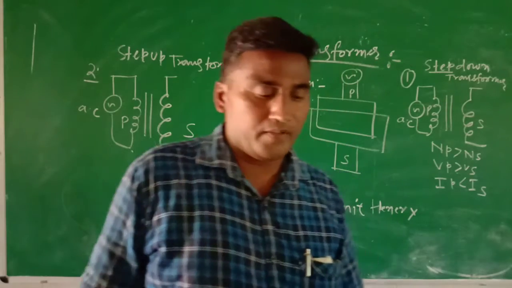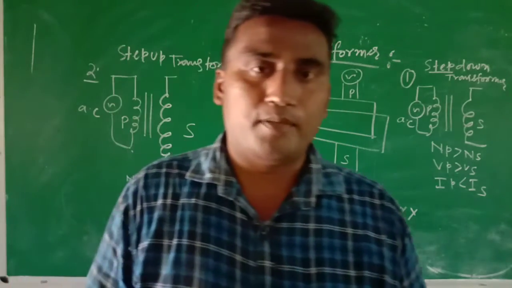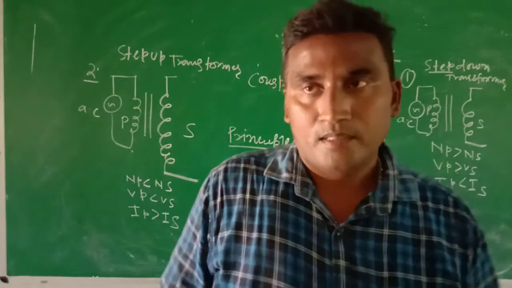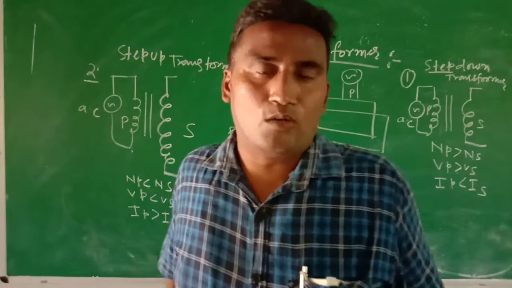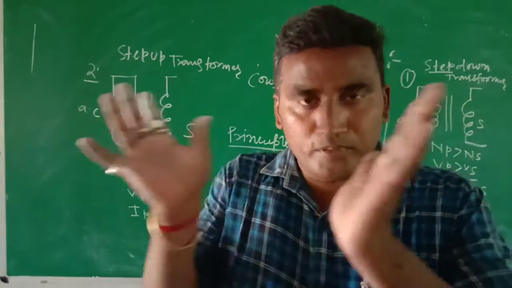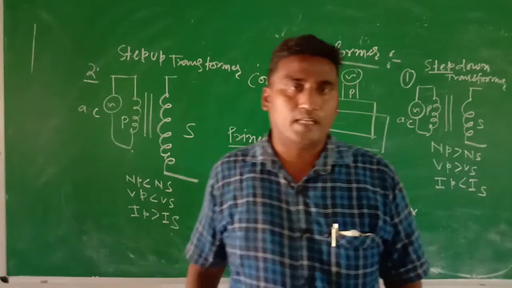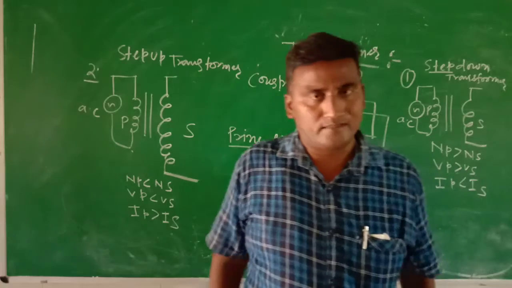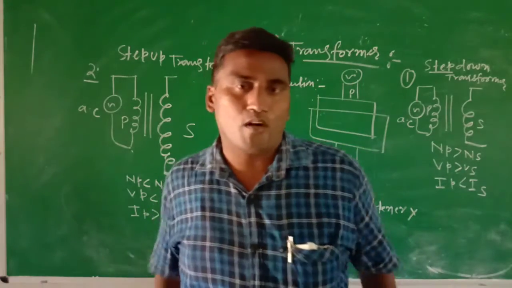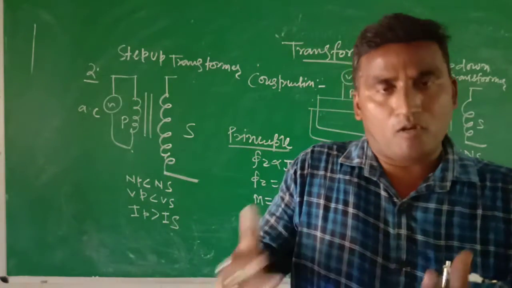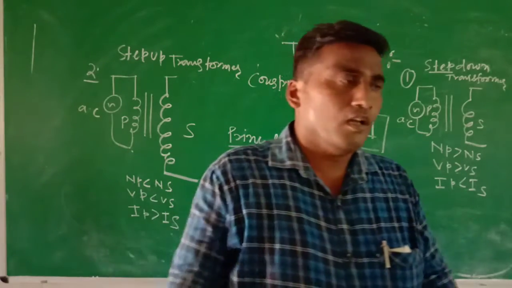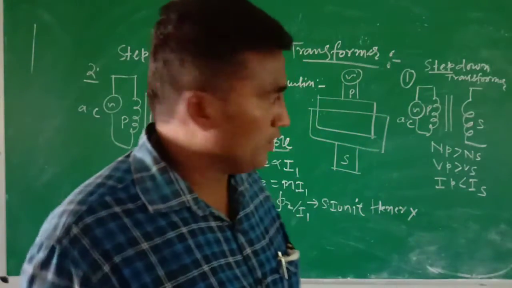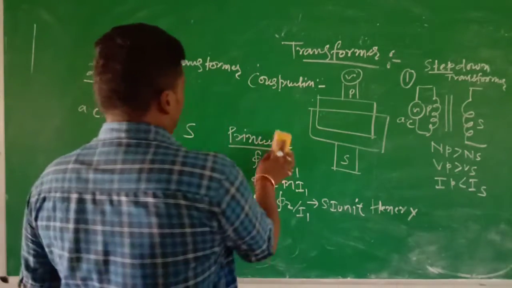In our daily life, we generally use the step down transformer, because when the high tension wire transfers 11,000 volts, it is distributed in the different domestic electrical circuits, like colonies and so on. That is generally why the step down transformer is used, because it converts a high amount of voltage into a low amount of voltage.